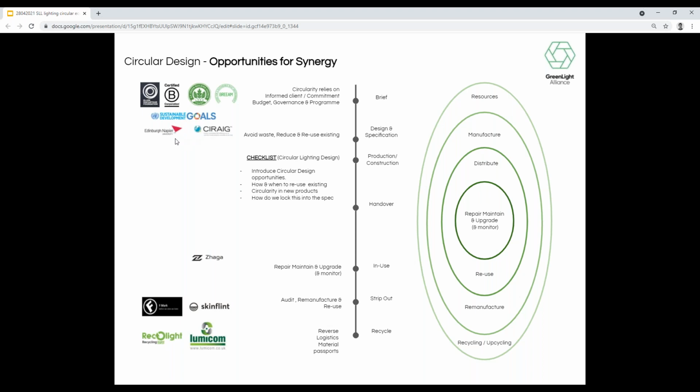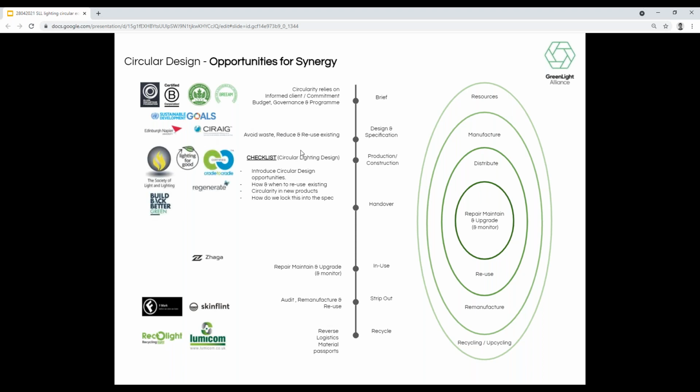We also have to consider research. Research is a really key part of this aspect, because the science will determine whether it's global warming potential or embodied carbon or in-use carbon, what's going to be the currency or the actual metric that we use to scientifically ratify that. And it was great to see the Trilux research that they've done using scientific ratification of their processes, and that's an ongoing discussion, and it needs to be shared, and we want to help raise the awareness of that as part of the GLA.